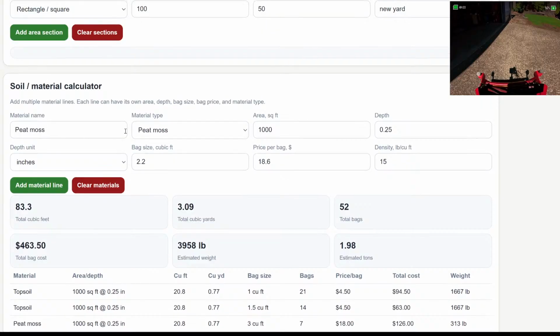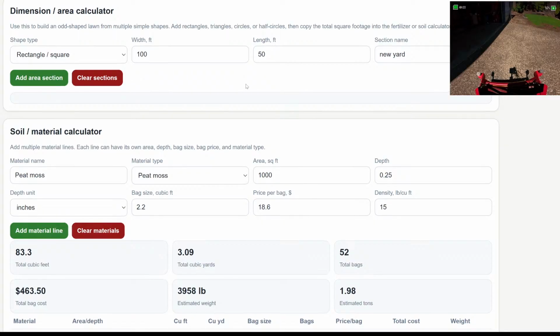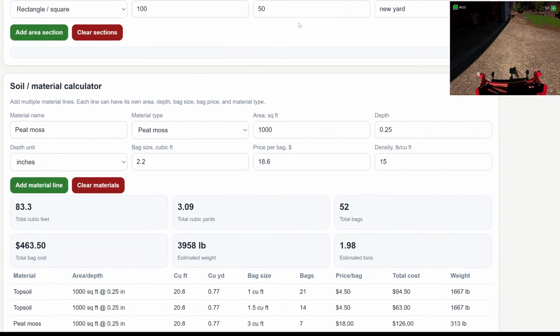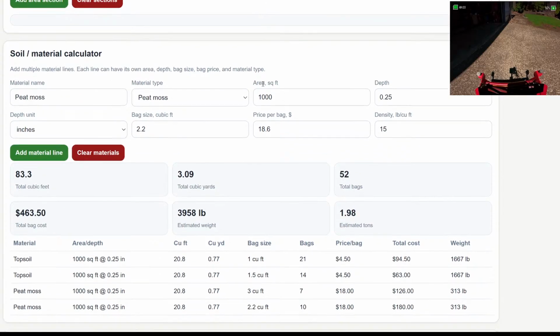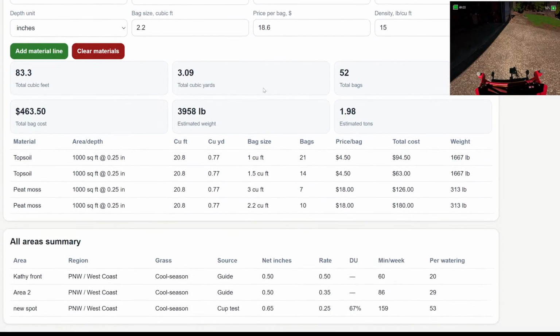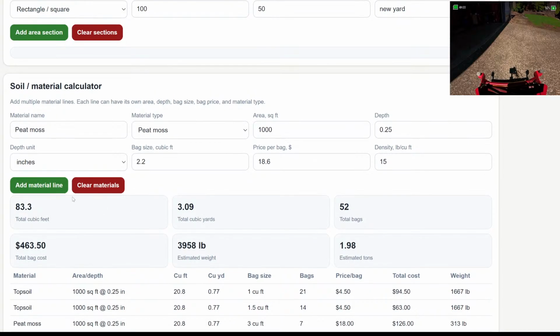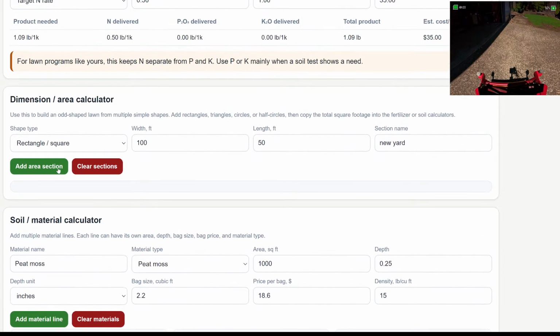Then what I did down here is I put in this materials calculator. Sorry, it's supposed to add this. 100 by 50 should be what, 5,000 square feet? And it should have put that down here, new spot. That's the cup test. Add material line, clear material line.